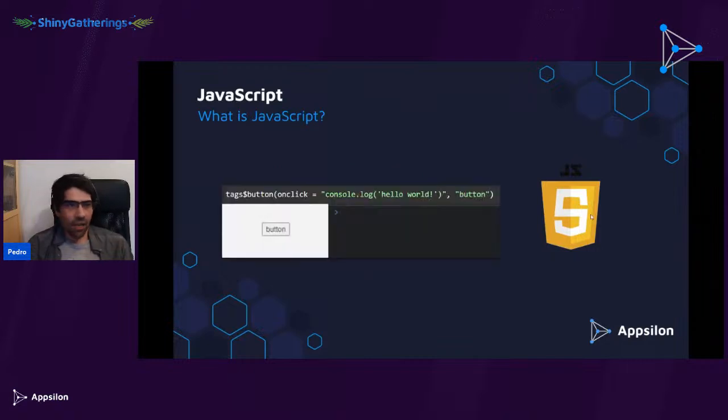Yeah, and typically it can be in a lot of different places. It is a scripting language, which means that it can live in different HTML tags via specific attributes that we'll talk a bit more about. It can be scripts, it can be global. It's a very tricky language because it can pretty much be anywhere and will have access to everything. There's some frameworks that try to stop this, but it is a skill that we can use specifically in the context of Shiny.